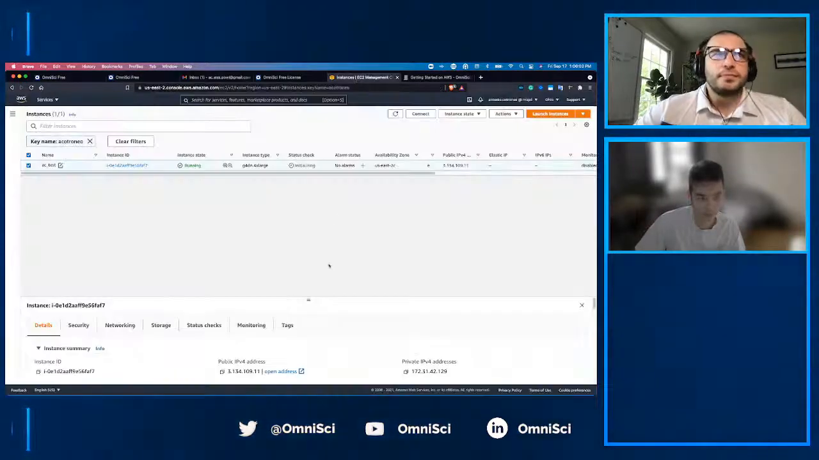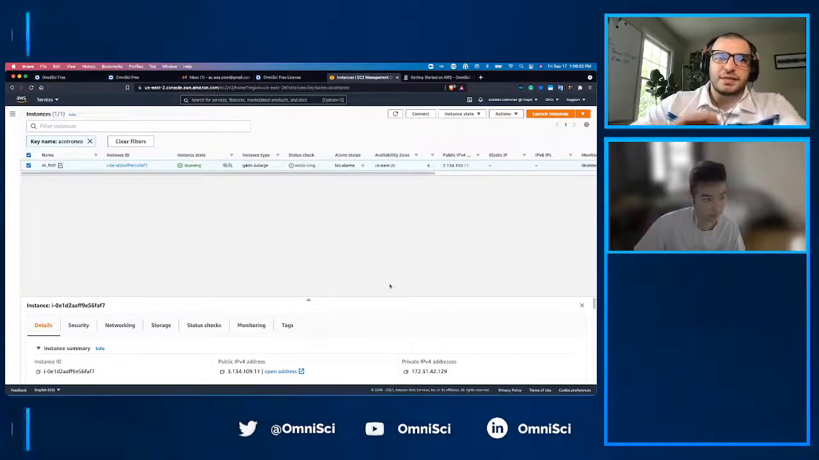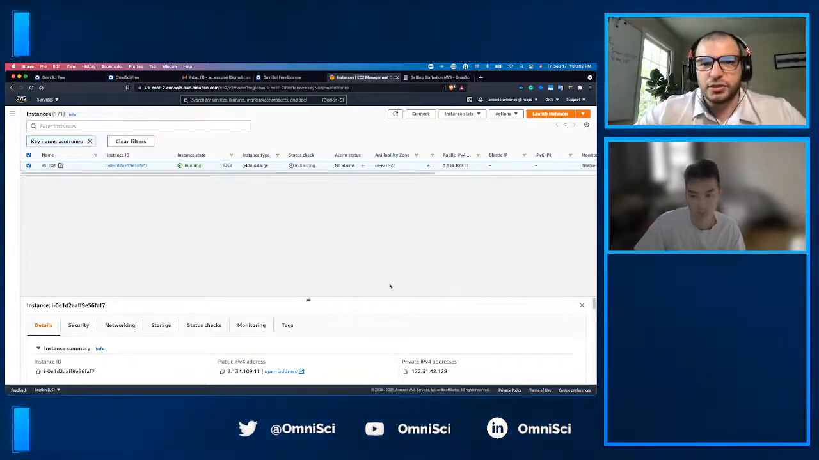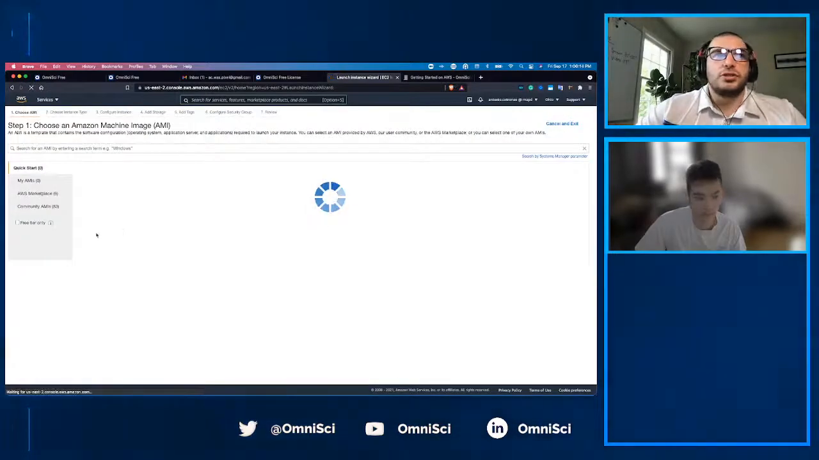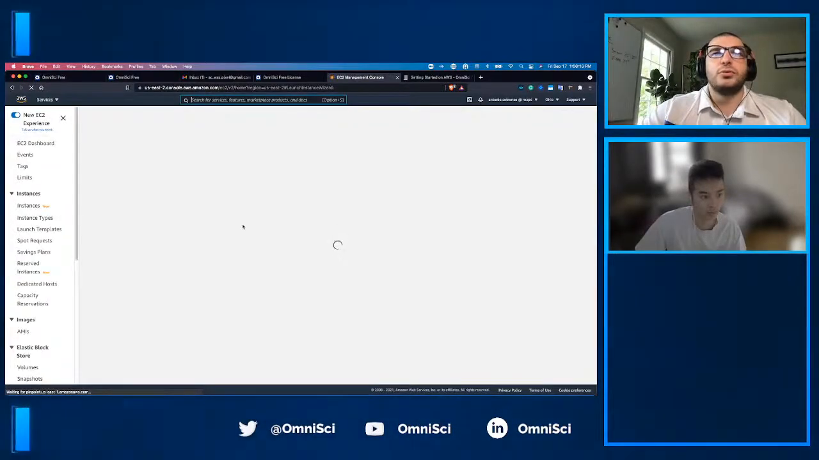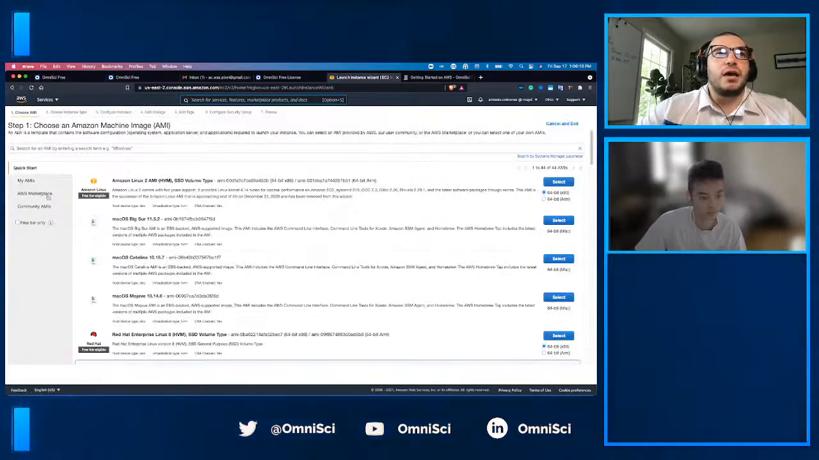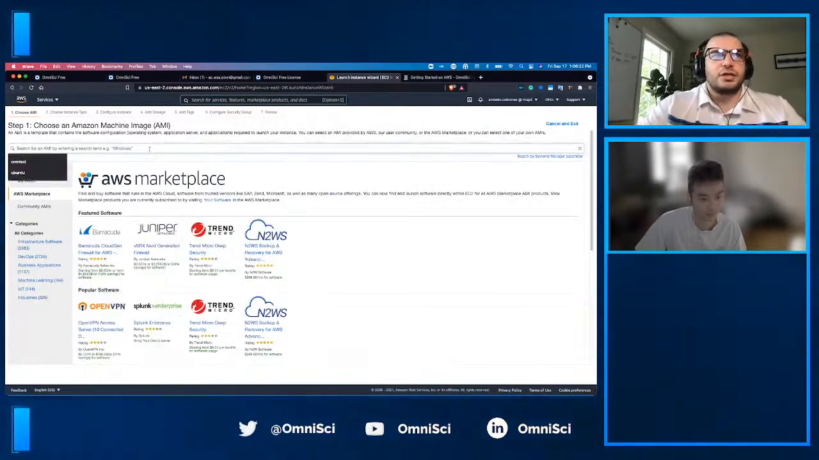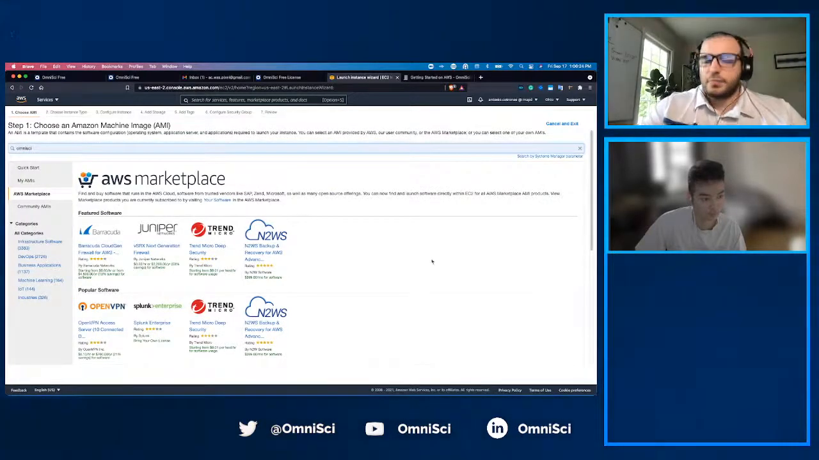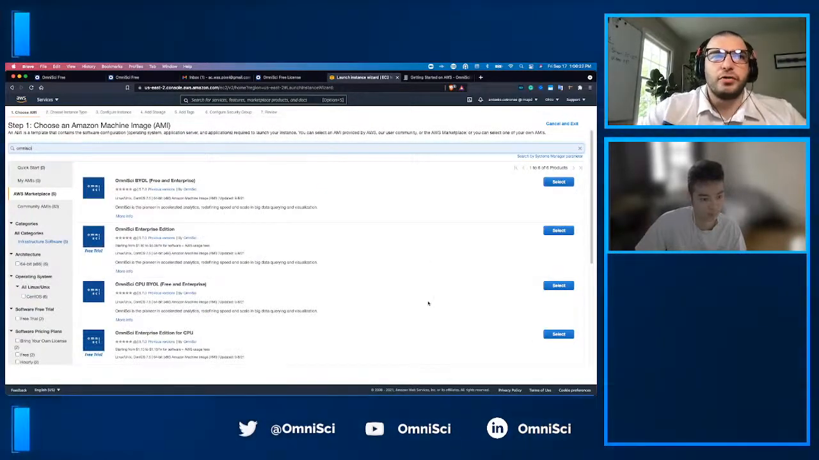So what we're going to do is we're going to come to AWS, and this is the AWS console. This is the EC2 console, and we're going to go ahead and launch a new instance. So we're going to come up here. We're going to launch a new instance. We're going to go to the AWS Marketplace along the left-hand side here, and we're just going to type in OmniSci. All right, we'll search for all of the available